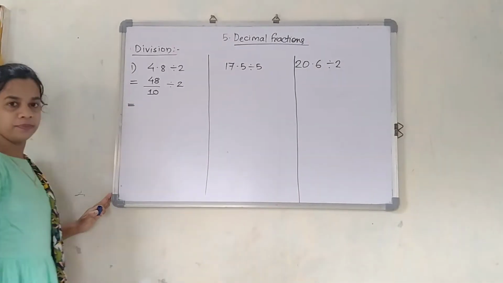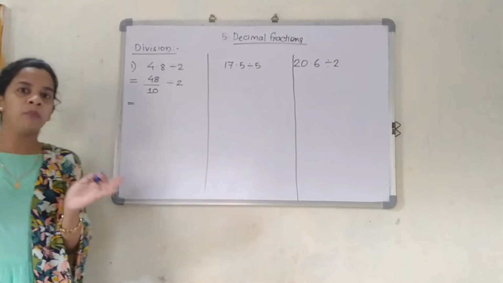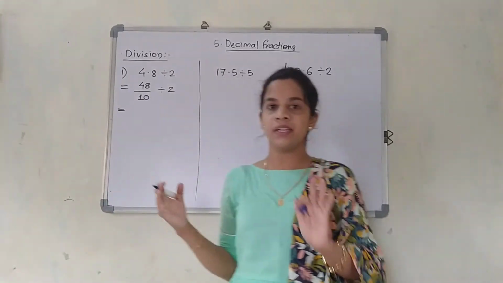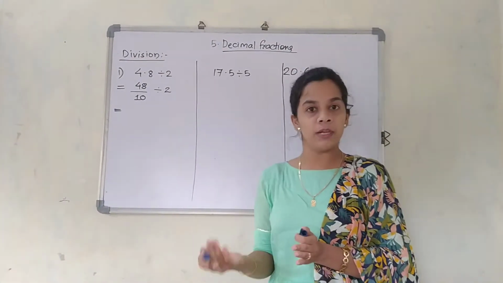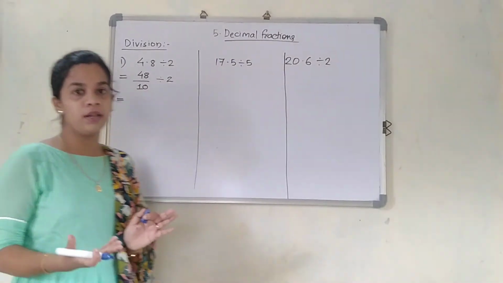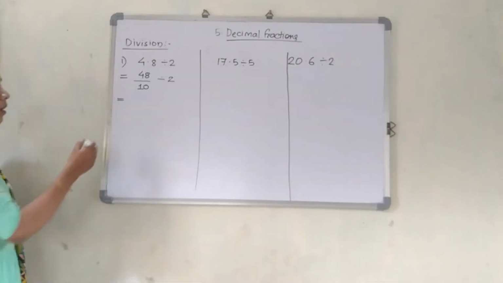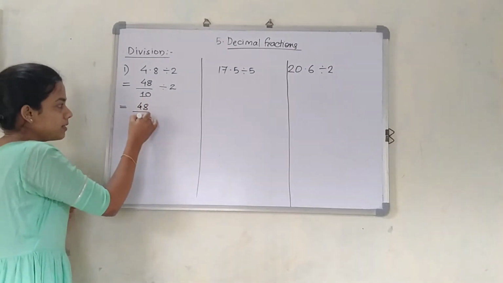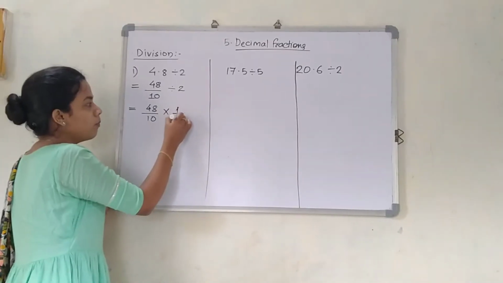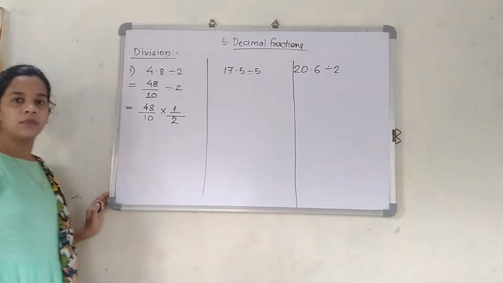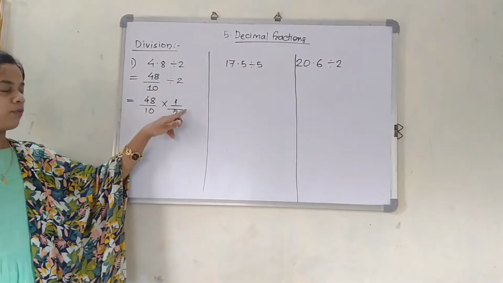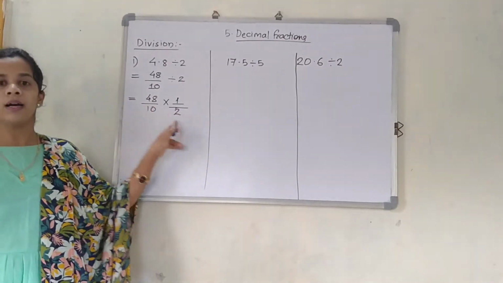Now focus on the next step. I have already told you in the earlier lesson, operation on fractions, one thing: when there is a division, it is going to get converted into multiplication. Only thing is we are going to write the reciprocal of it, the multiplicative inverse. So this 48 upon 10 I am going to give as it is. This division will get converted into multiplication and this number will become 1 upon 2. What I did was take this 2 from the numerator down to the denominator. I have written the reciprocal of this number, which we have already done in our earlier lesson.